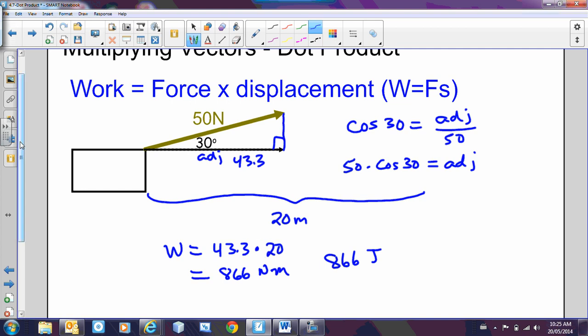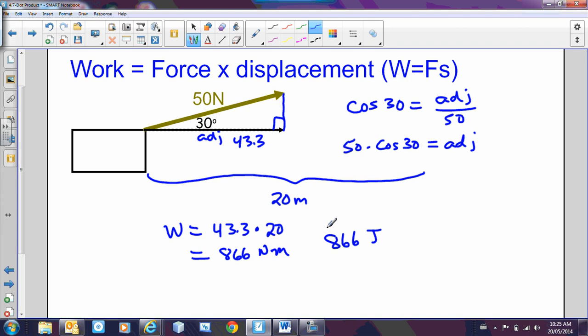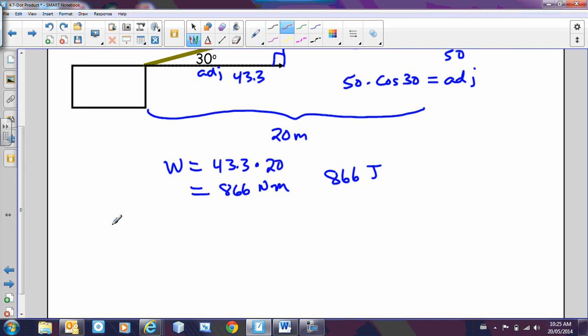Now, the interesting thing here, or what I think should be the interesting thing here, is that the 866 joules is the amount of work I did. If I've moved this box all the way over here, and then I move the box all the way back, there's sort of two possibilities. I've done 866 joules worth of work twice, meaning I would have a total, let's say, if we move the box back,